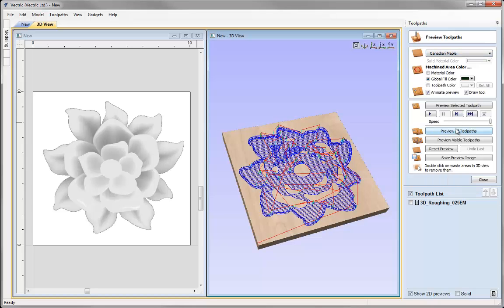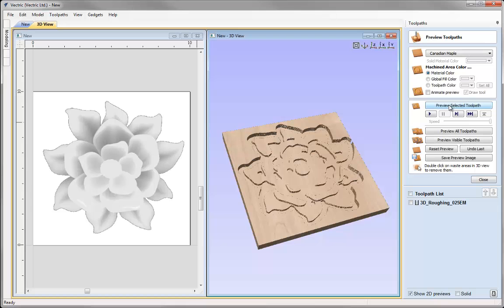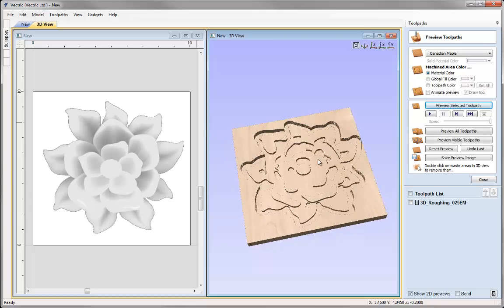Let's go with the maple there. I'm going to change it so there's no fill color for my toolpath. I'm just going to click material color and uncheck animate because I just want to see the finished result of this, and click preview selected toolpath. So I won't see the tool moving through the part there, but once that's finished we can see how this